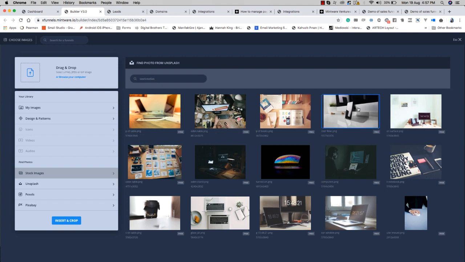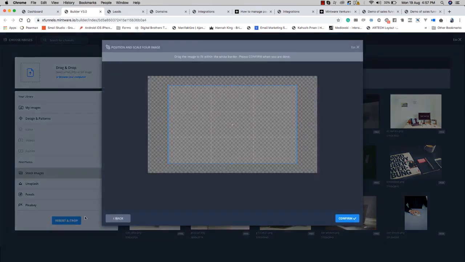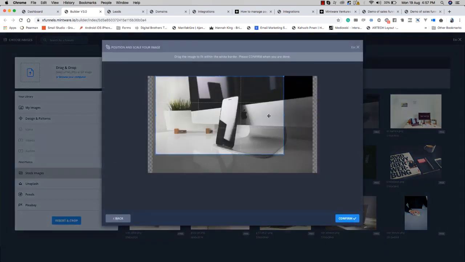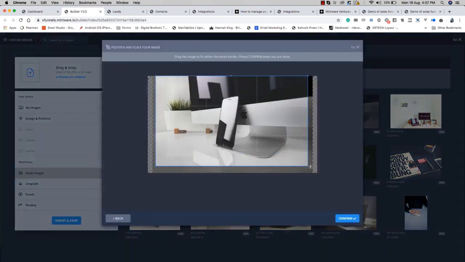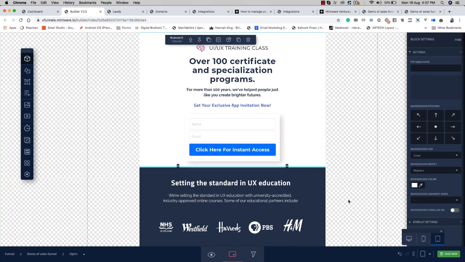So let's say you want to use this image. You click on this, you click on insert and crop. So we ask you to crop the image. What this cropping does is optimize the whole image, because this is an ultra HD image, so it can make our page a bit slower if we use it as it is. It is never recommended to use ultra HD images for your website or web pages, but you can crop it. It will make it optimized, and click on the confirm button,